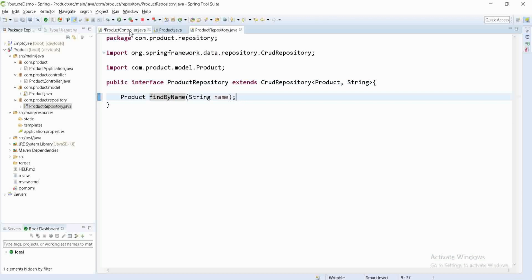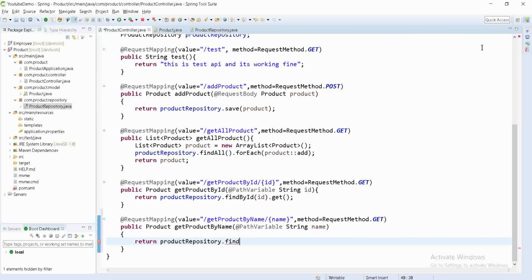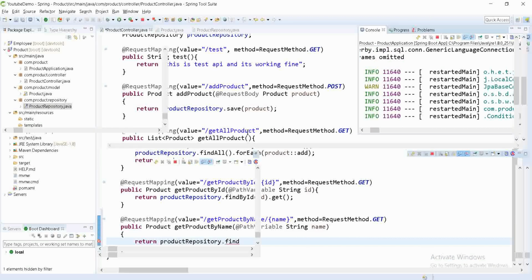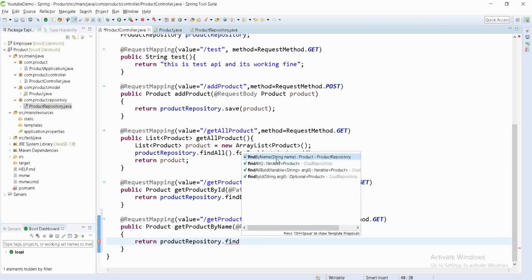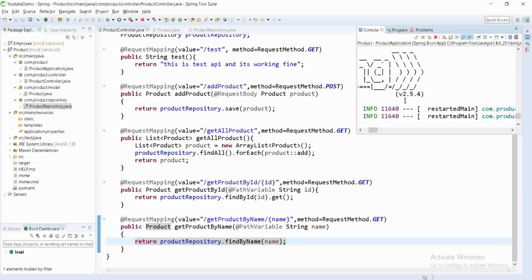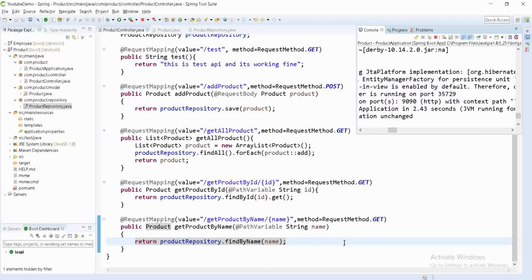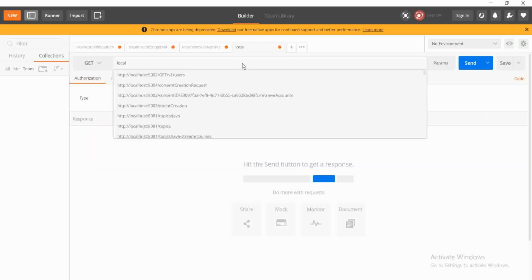I will save this. I will come into the controller. Now let's see whether it is giving that method or not. In this find, now it is giving the findByName method, in which we have to pass this name. Let's save this and run it. It's running, so wait for that. It ran successfully. Now I'm coming to Postman again, and let's create one more API call like localhost,